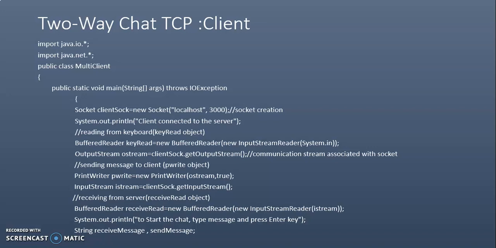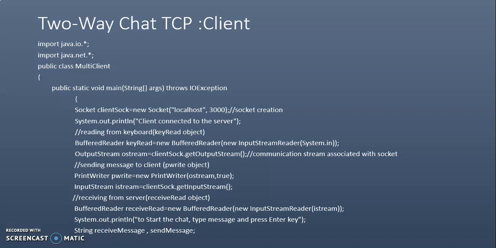And thereafter we can see the buffered reader instance. You are binding System.in, that means you can get some data into the program from the user, so that whatever data is entered can be read into the object keyRead. keyRead is our object here, and further you can see where this object is used again, so that we can trace how the program is going on.